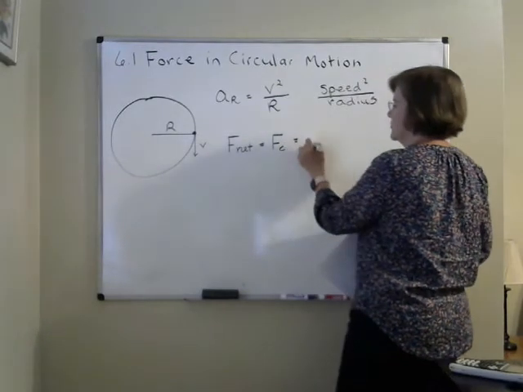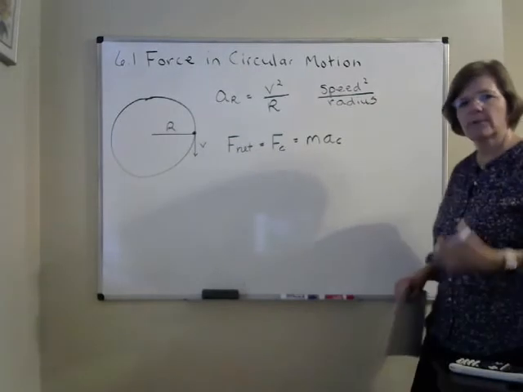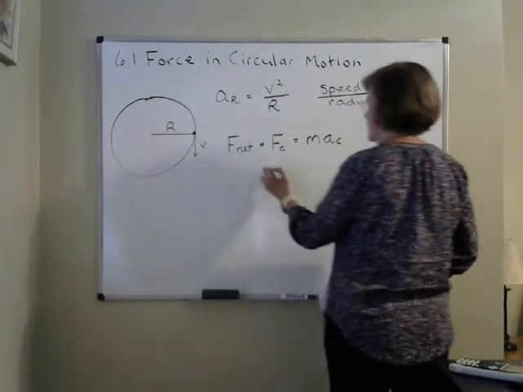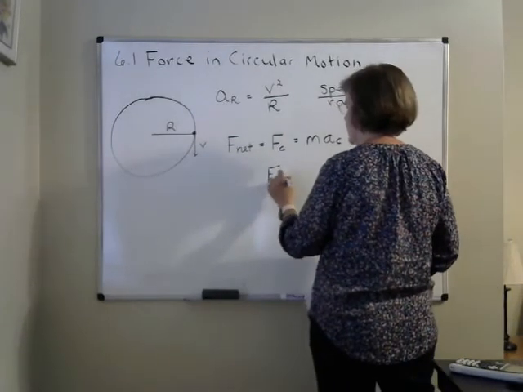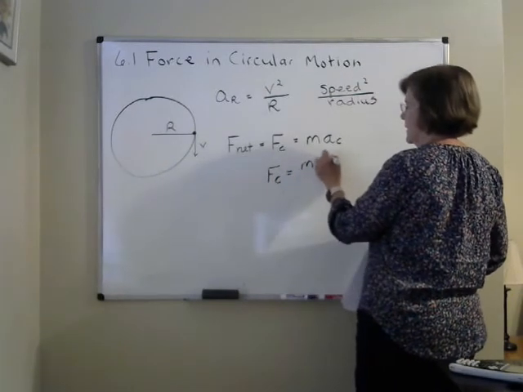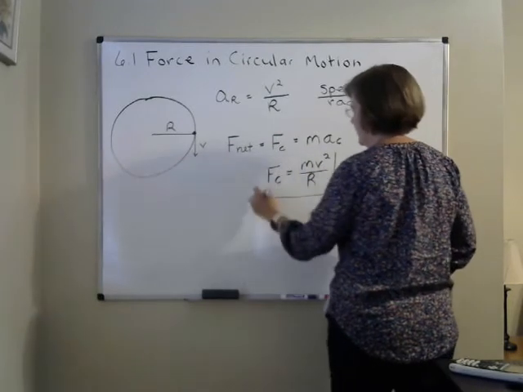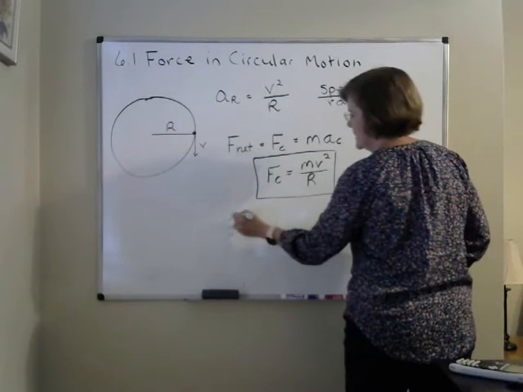And we get that by just doing mass times the centripetal acceleration, or mass times the radial acceleration. So when something moves in a circle, it's just mv squared over r. I want to be clear, that is a centripetal